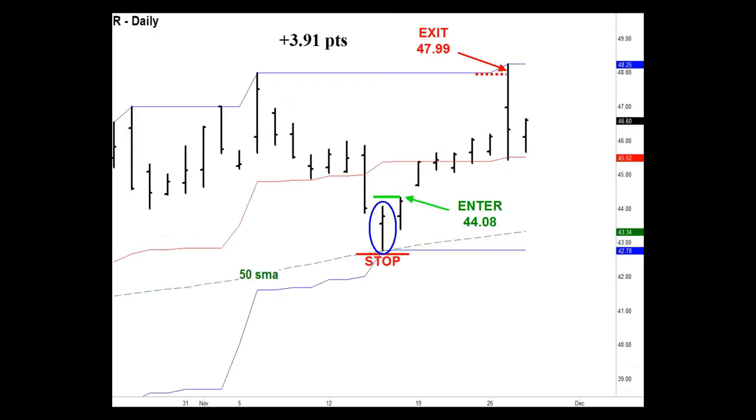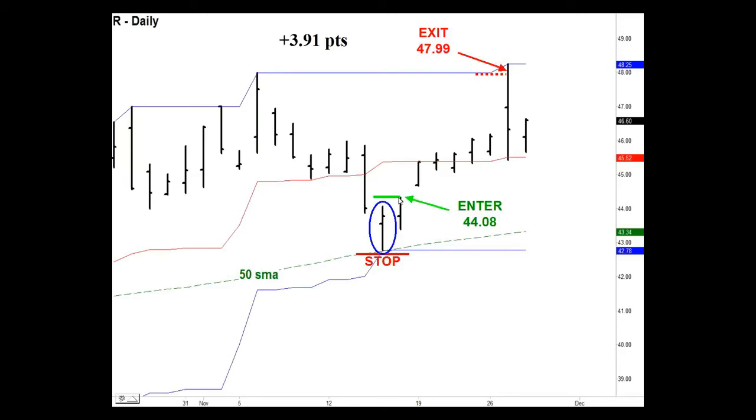Here's the letter R. This happened at the beginning of the year. This was, I should say, at the end of November, beginning of December. We had a textbook example of strategy number 1. Prices above the 50-period simple moving average. All 3 Dodgy channels are headed in the same stair-step upward direction. Price sells off. It intersects the midline, but then ultimately we have a setup bar whose bar is completely below the midline. So all the rules are in place, so we're going to purchase if we trade one tick above,